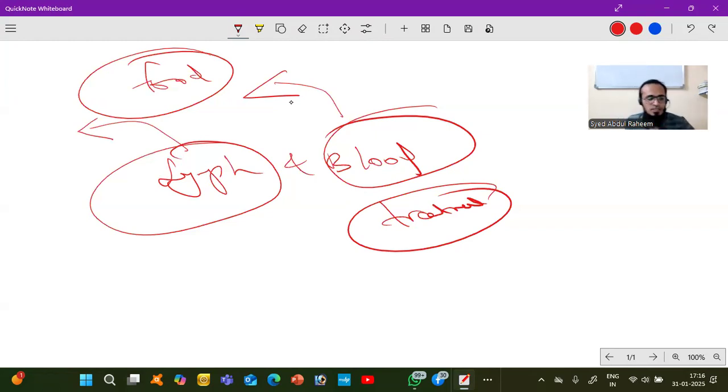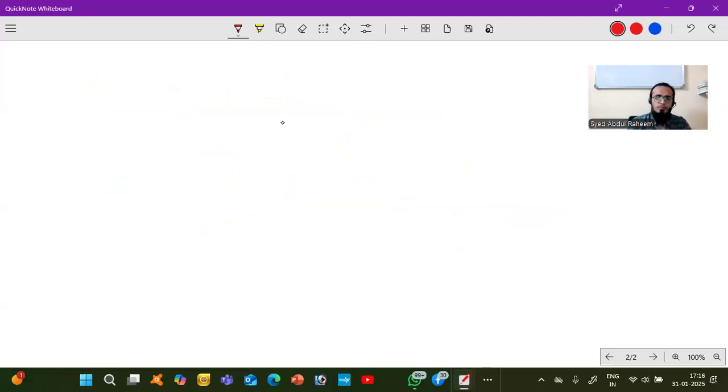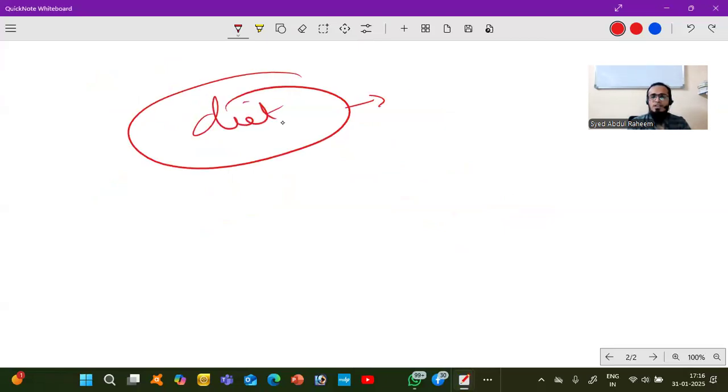So these are the four stages of our treatment plan. In that, we need to advise diet also to the patient. So diet is very important